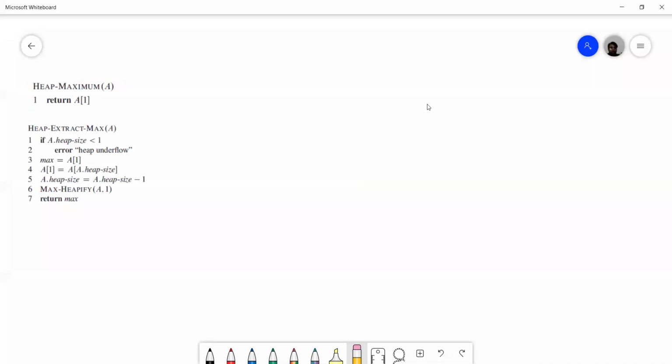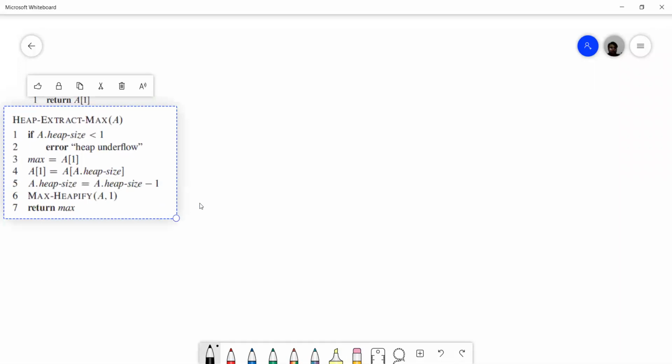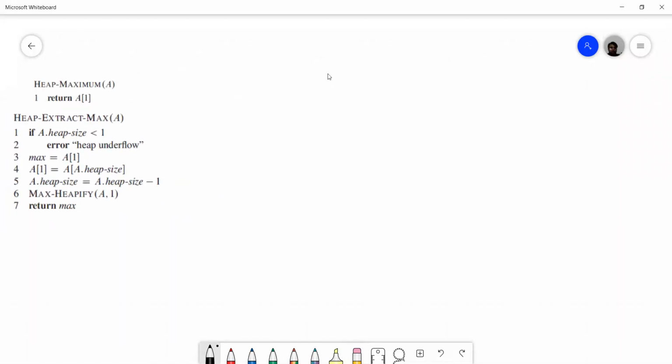So there is a heap, which is represented by A. A is the array which is representing the heap. Here also is the array representing the heap. So suppose this is the heap.